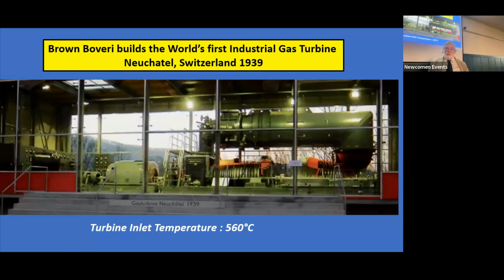Next. And here it is. You can go and see it as an industrial monument over in Switzerland. And it came out in 1939. And I think this is before anybody was flying a jet aeroplane. But in actual fact,